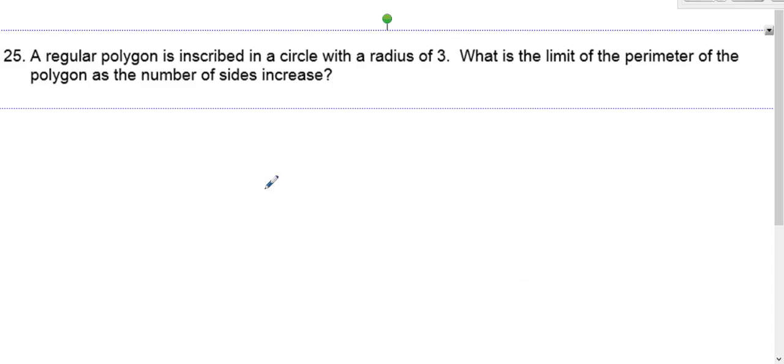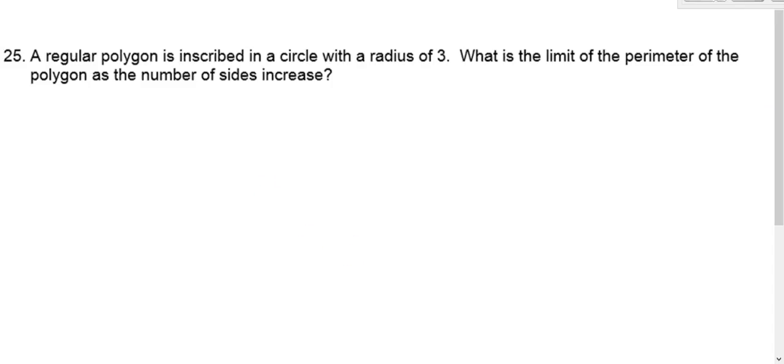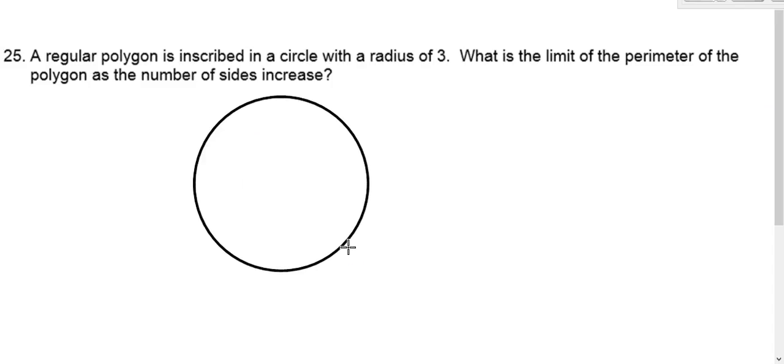We have a regular polygon inscribed inside a circle that has a radius of 3. A polygon that is inscribed in a circle is limited. It cannot become larger than the circle itself. And perimeter is a lot like circumference, so it is limited by the circumference. So you find the circumference